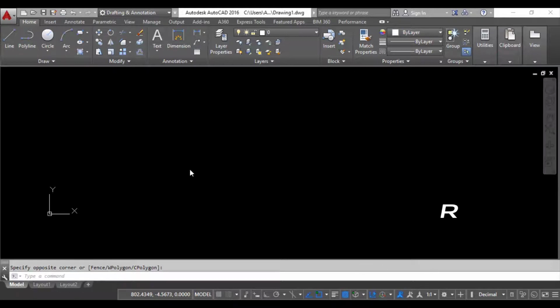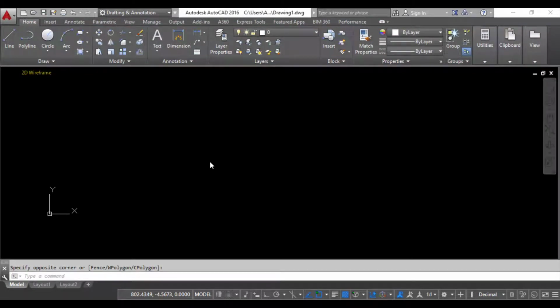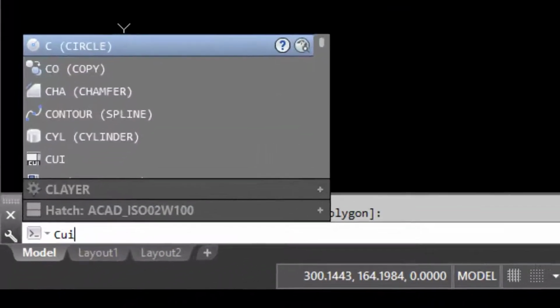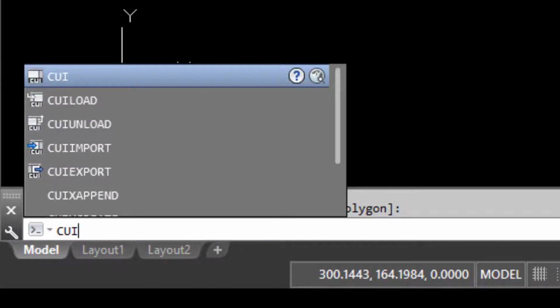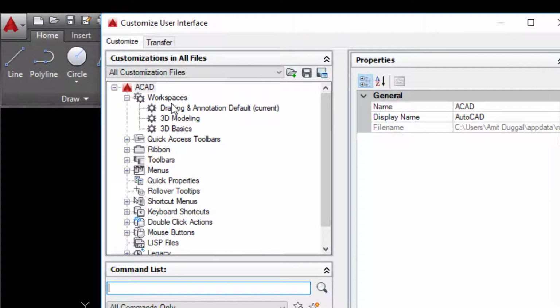Now if you can see the workspace at this time, all the toolbars are situated at the top. To change or customize the toolbar, there is a shortcut key called Customize User Interface. The shortcut key for the Customize User Interface is CUI. CUI is Customize User Interface, that is, the user interface can be set according to the user. As I enter CUI, we can see a new workspace setting situated on the top.